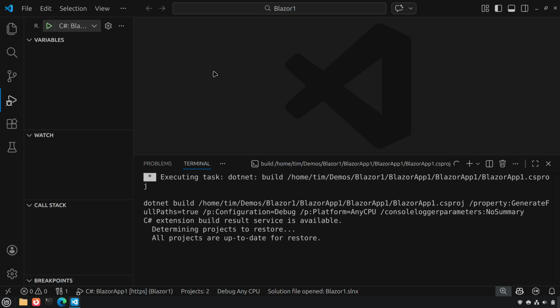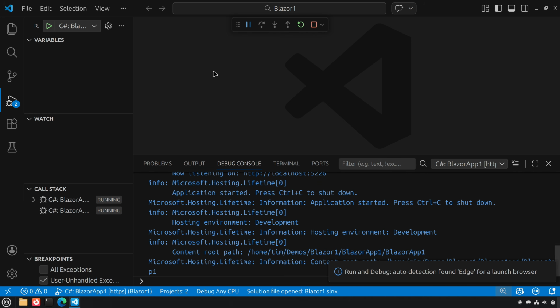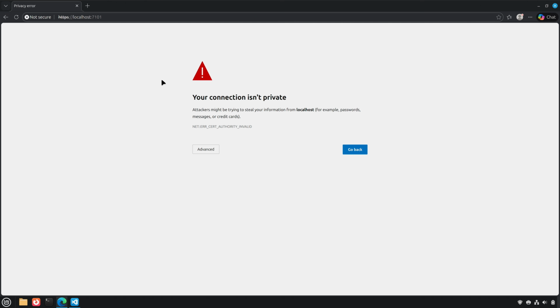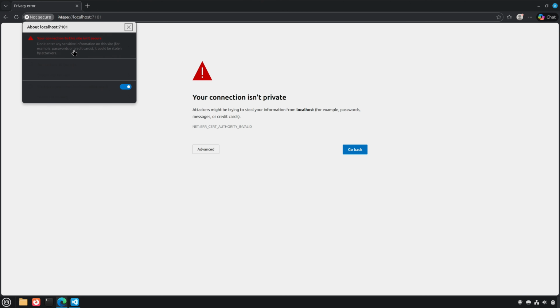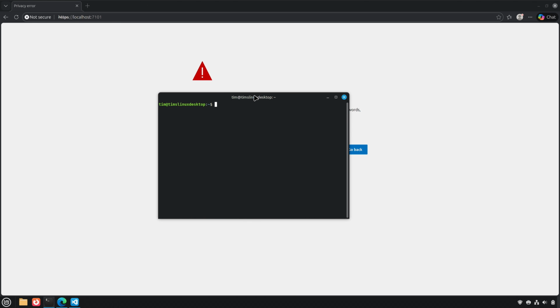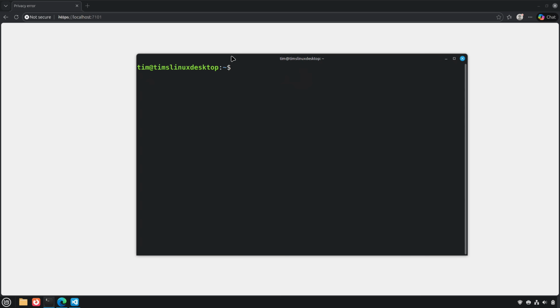So it's going to build the project. It's going to create the things necessary to actually launch this. And then it's going to launch in our default browser, which gives us this error. And the error says, hey, this isn't secure. So the reason why, if you come over here to our terminal, and let's actually make this a bit bigger too. There we go. If we do dotnet --version, we'll see that we're on version